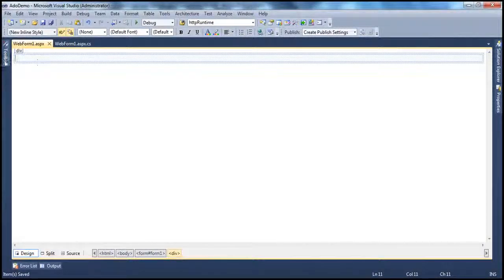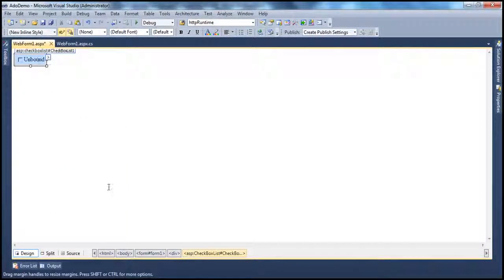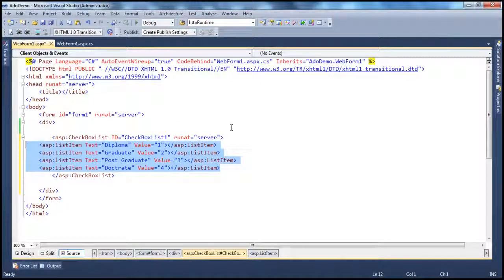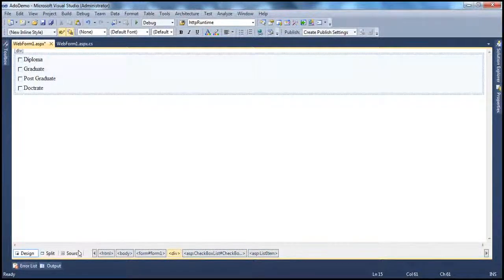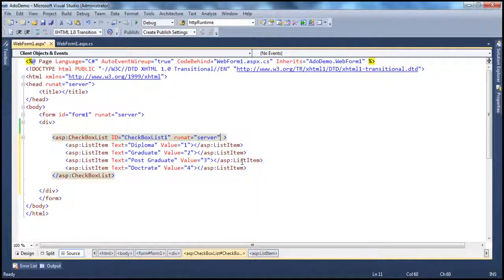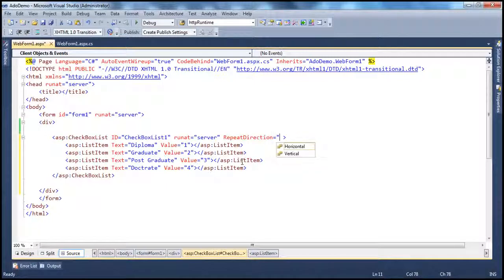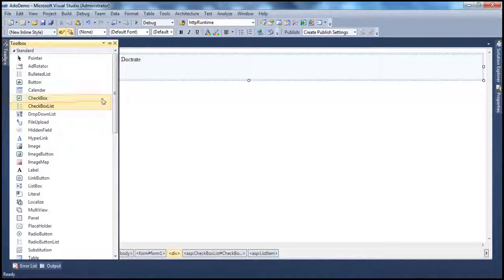Let's drag and drop a checkbox list control, and we want to display the list item objects. So let's add the levels of education to this checkbox list. By default, the repeat direction is vertical, so let's change it to horizontal. Alright, so now as soon as I select something, I want to display those selections in the list box